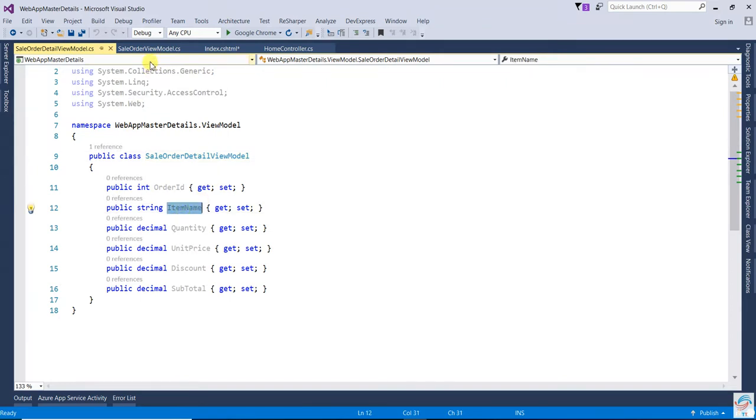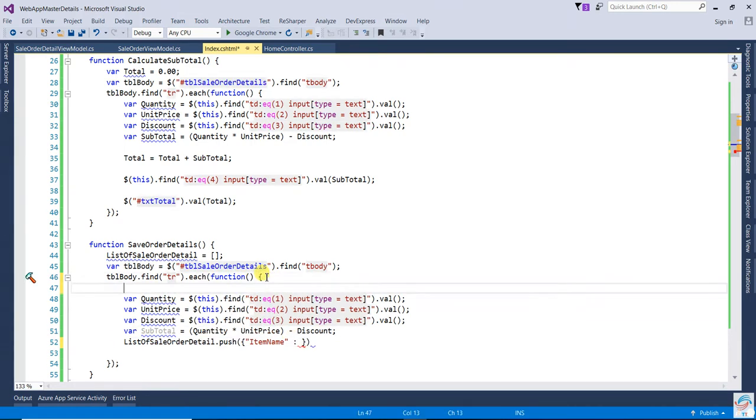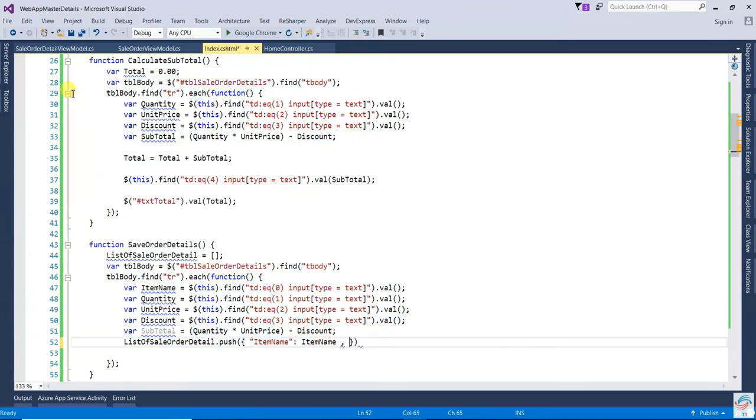First it will be the item name. Then press here, one more thing need to add, that is the item name, because item name also needs to be added. So copy till here, that is a 0. Okay, first it will be the item name,